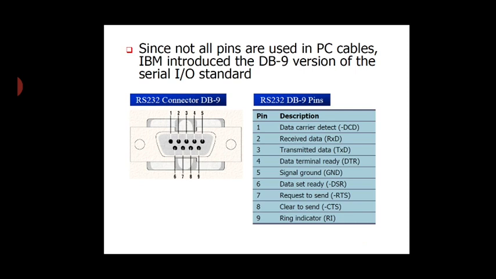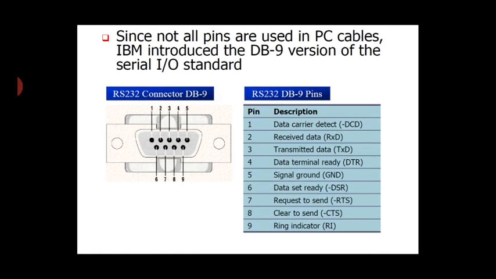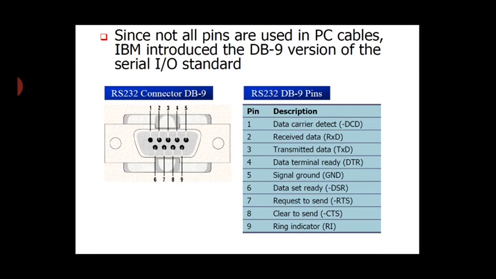Since it came from the 25 pin D shell, not most of the pins are used now from the previous one, since IBM has introduced a 9 pin DB port. It has the same significant operations that we have discussed, out of which will be considered and given in the 9 pin D shell. I hope you can see there are 9 operations given. I listed it from the previous one. The same operations will be there.